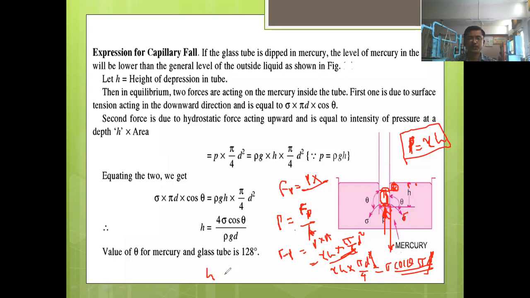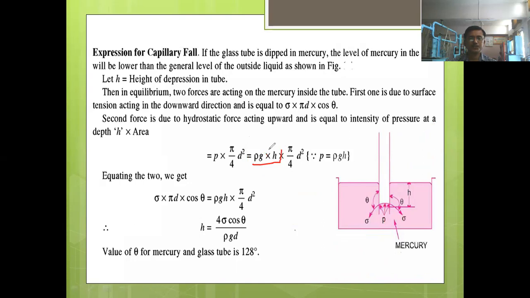So this equation will become H is equal to, now here you can observe this equation. All these things are given here. This is the pressure force, P into pi by 4 d square. And this P is nothing but rho g h, which is called the hydrostatic law. So I have written there gamma H. This gamma is nothing but rho g, right? So you can write rho g or gamma. So it is gamma H completely. So gamma H into pi by 4 d square. This is the pressure force.